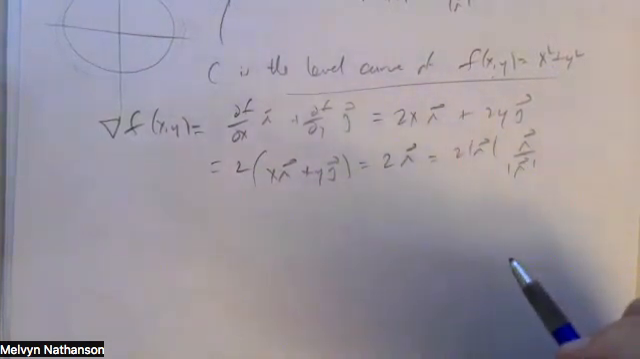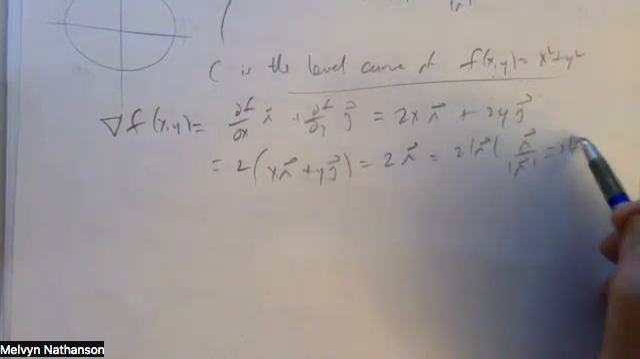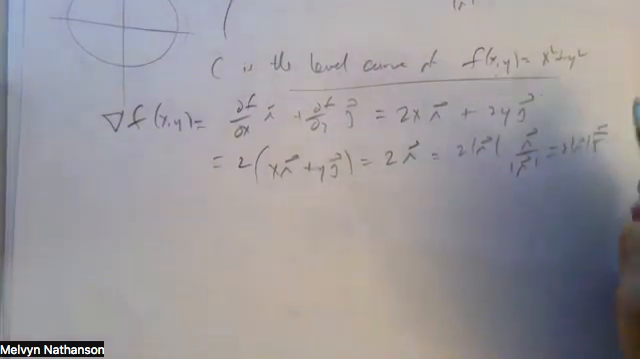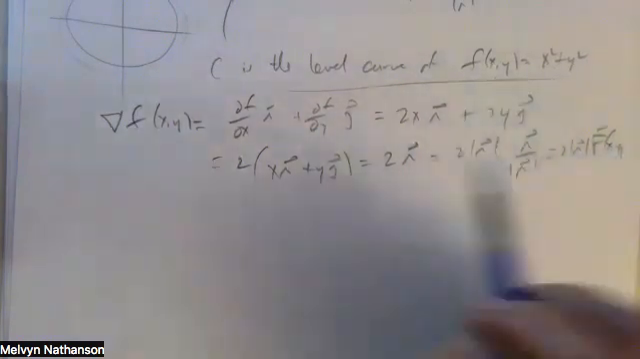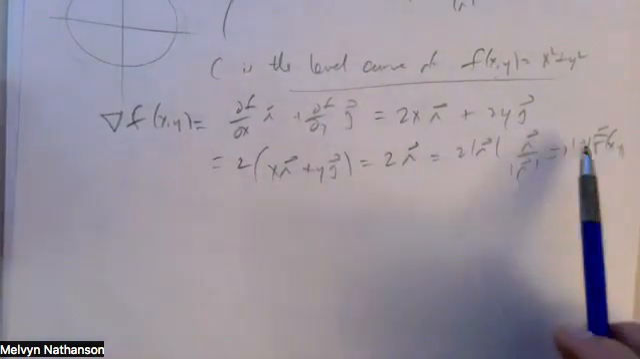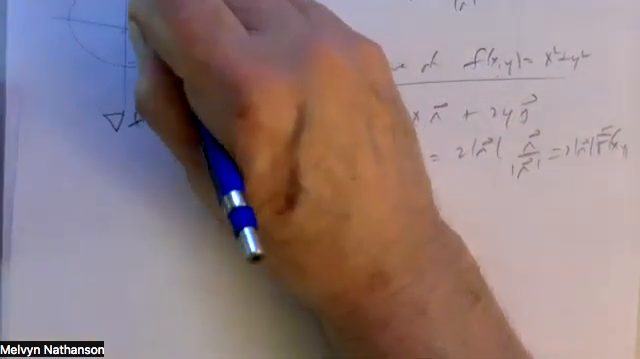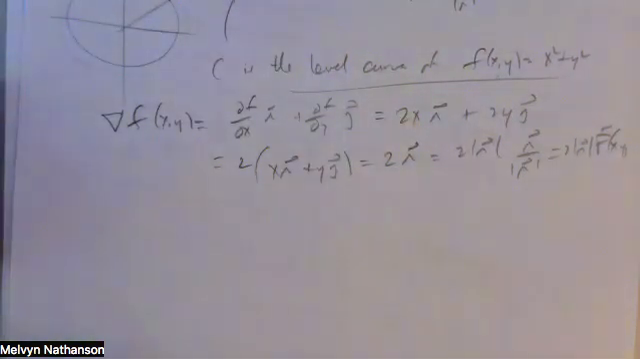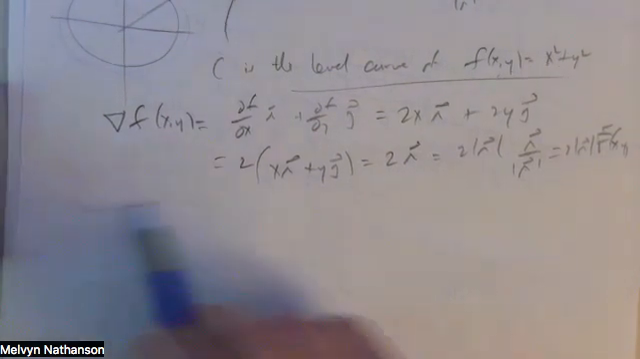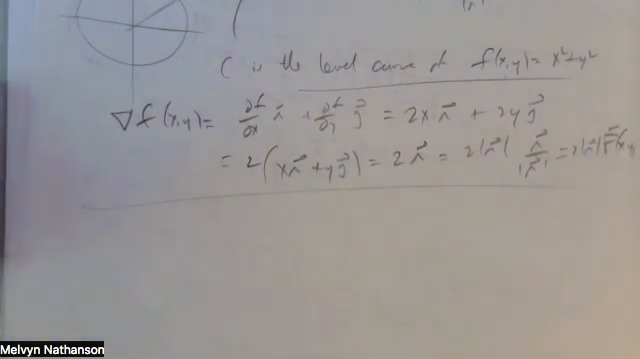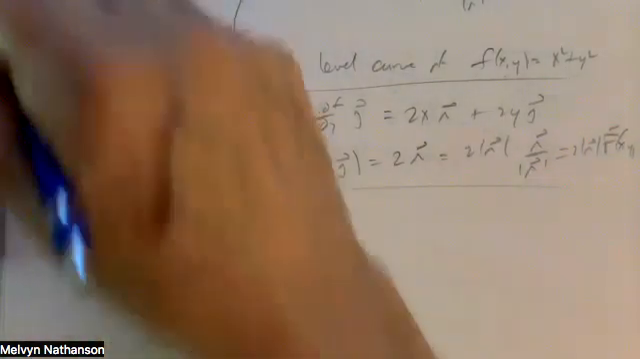So this is 2 times the length of r, times F of x, y. So the gradient of f is parallel to this vector field. The gradient of f is, by the theorem we just proved, orthogonal or perpendicular to the tangent vector at every point on the curve. That's what I wanted to show. So the example